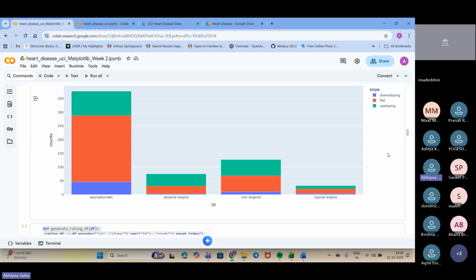So is it clear, guys? Yes, ma'am. Okay, guys, then we'll just check it. So this is what it is. This is how you need to prepare your